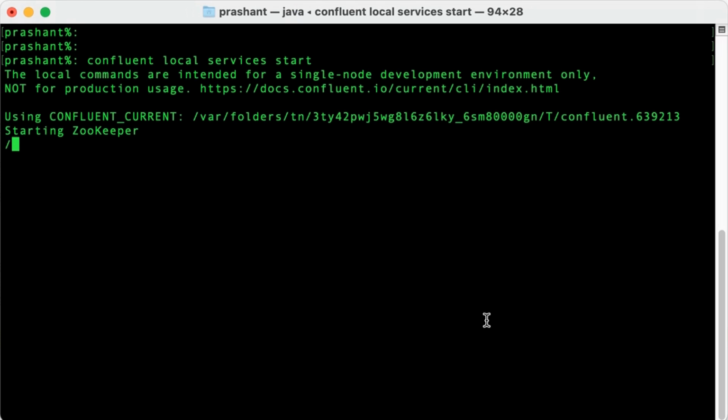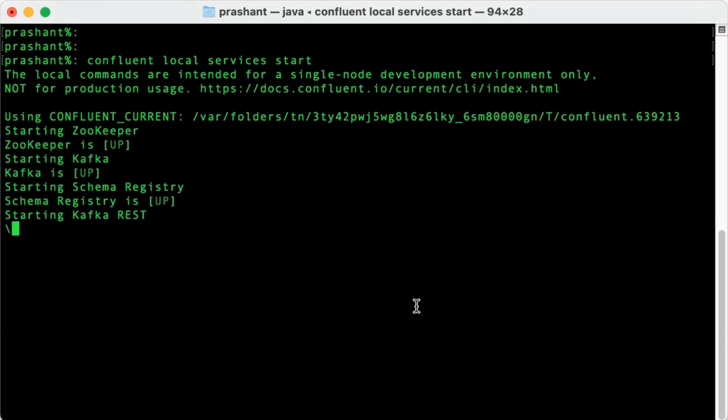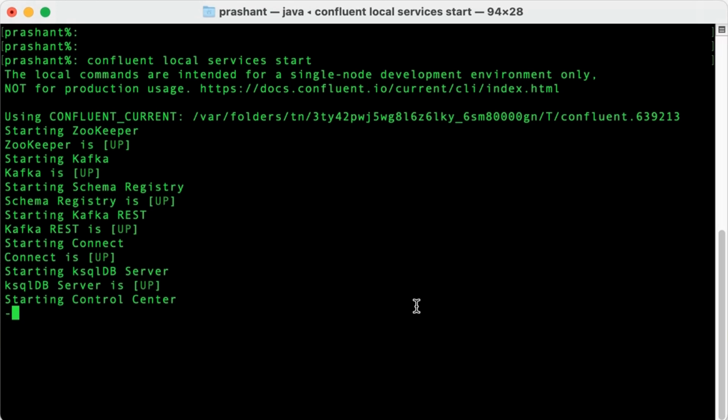Let's wait while everything starts. We do not need all of these services for this example. Only Zookeeper and Kafka Server are more than enough. However, let's wait for all these services. Good. So my Kafka cluster is now up and running. Now I can connect to my Kafka cluster using localhost:9092.